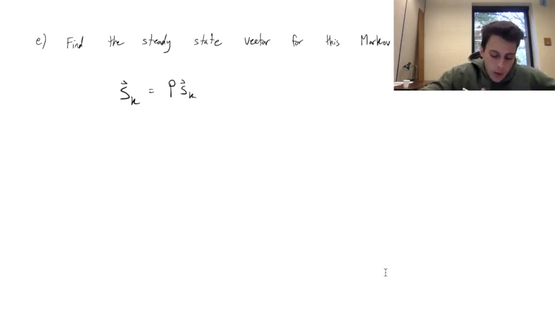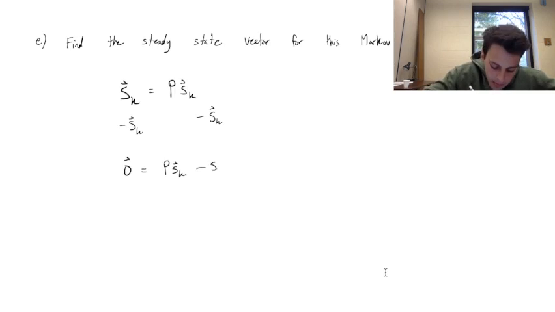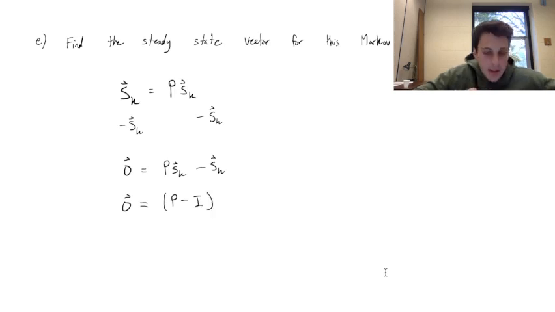Okay. Well, solving for SK, we need to do a little bit of manipulating. If we move SK to the other side, so let's do SK minus itself, and we do SK minus SK on the other side. Well, take a vector and subtract the same vector. That will leave us with the 0 vector. And then we are left with PSK minus SK on the right-hand side. Or factoring out an SK, what we are left with is P minus the identity matrix times the state vector,